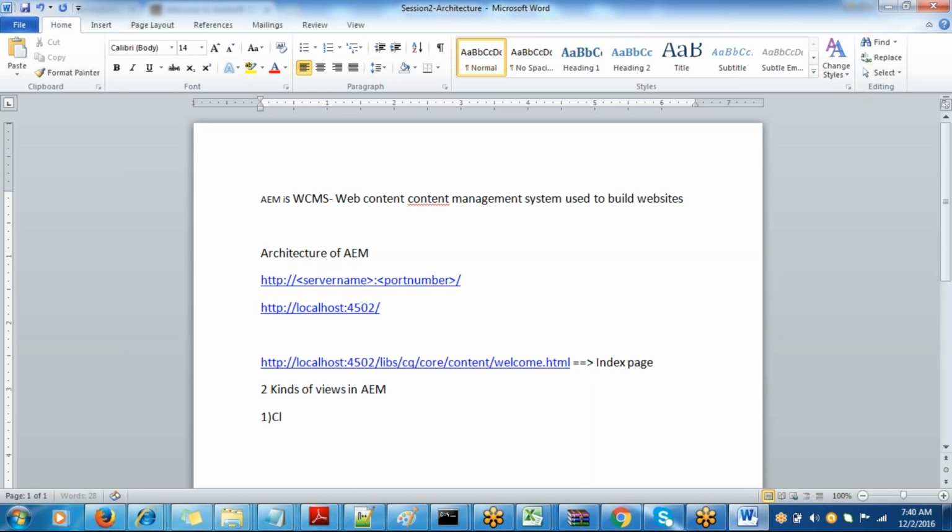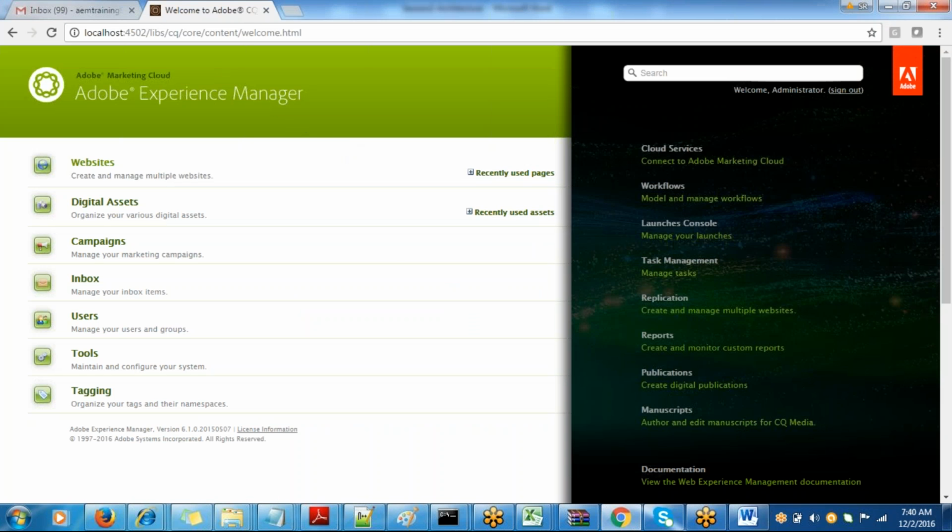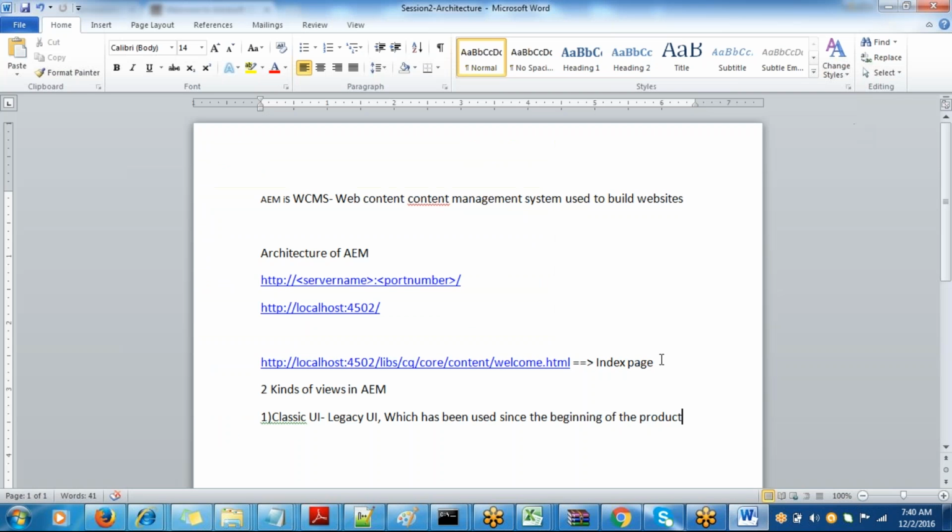The first one is called the classic UI. If you remember the history of AEM, it started way back in 2002 and was called DayCQ 3.5. Then Adobe acquired it in 2011 and started calling it Adobe Experience Manager. So CQ, Adobe Experience Manager, AEM, WCMS, everything is one and the same. This classic UI is the legacy UI, which has been used since the beginning of the product. When you look at this green color theme, this is the AEM classic UI. In this classic UI, this is a non-responsive framework, which means,